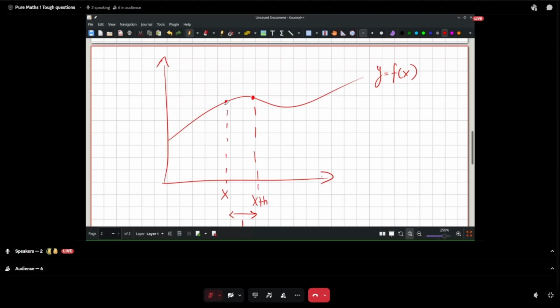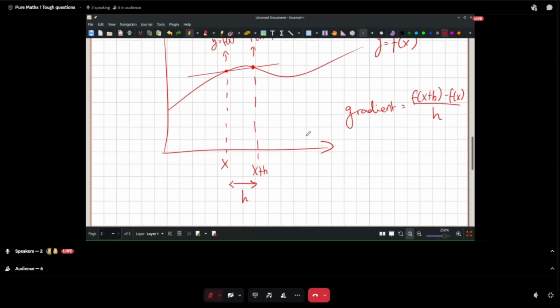So we know that the y value here is f of x, and then the y value here is f of x plus h. We can find the gradient of the secant line connecting these 2 points, which is this line. So this gradient is f of x plus h minus f of x